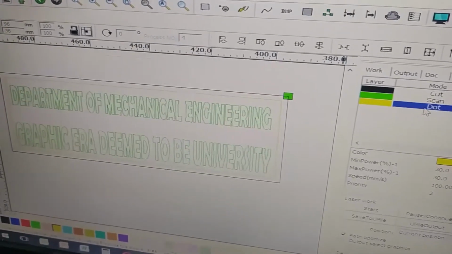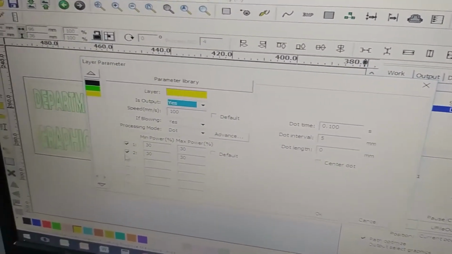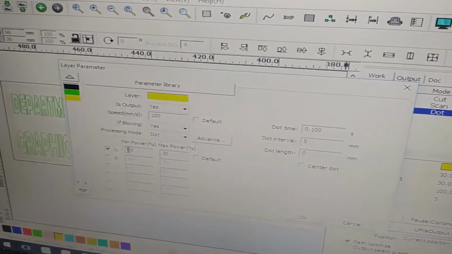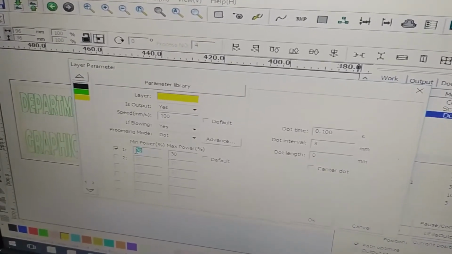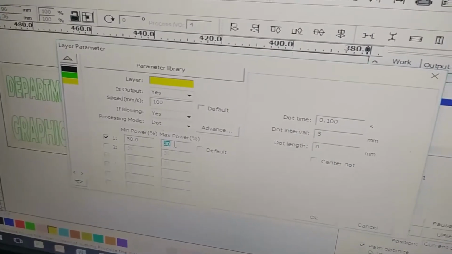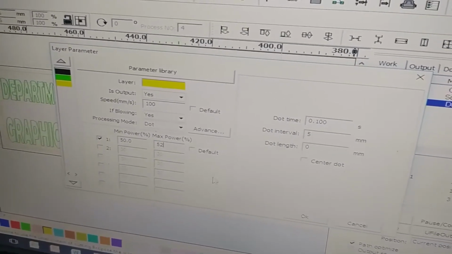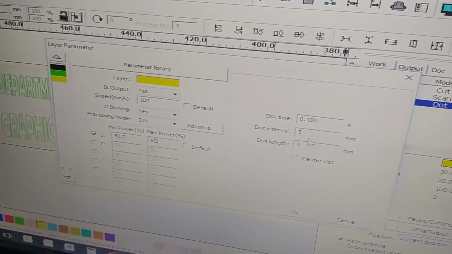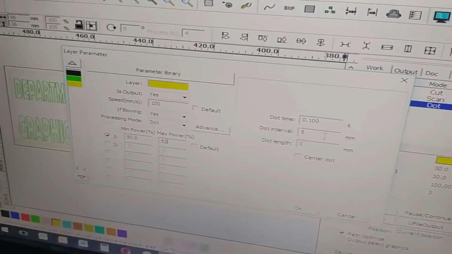In the dot, power is in the medium. I want to raise the power because this is an acrylic sheet, which needs high power. Dot interval is 5 mm.